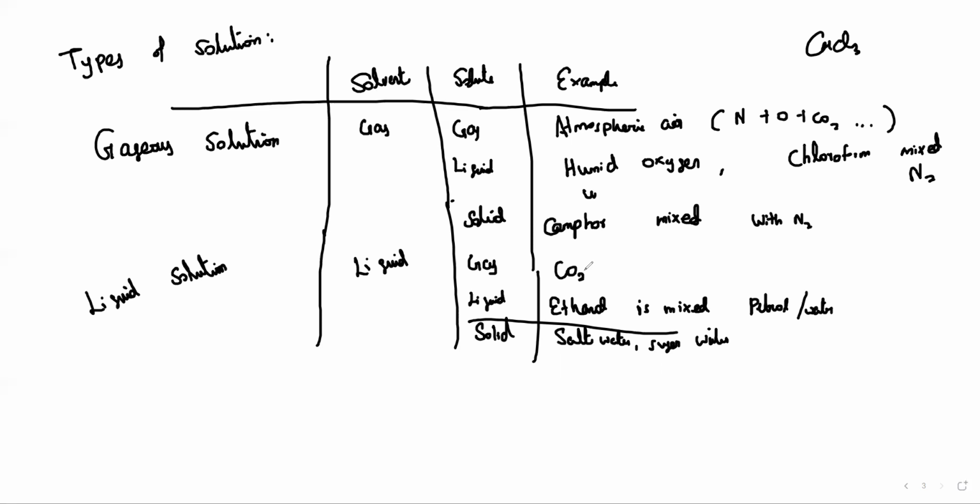So we have to maintain it. For example, if you want to have a fish tank, that fish tank should have enough oxygen. Then only the fish can survive within that fish tank. So that is oxygen mixed with water. Like that, in cool drinks we have carbon dioxide mixed with water. So that is called